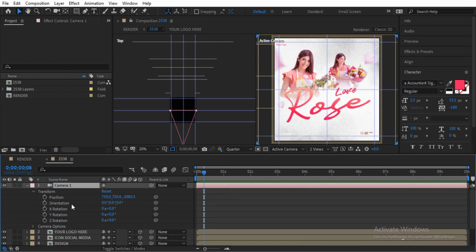And then animate the camera position and set the keyframes and